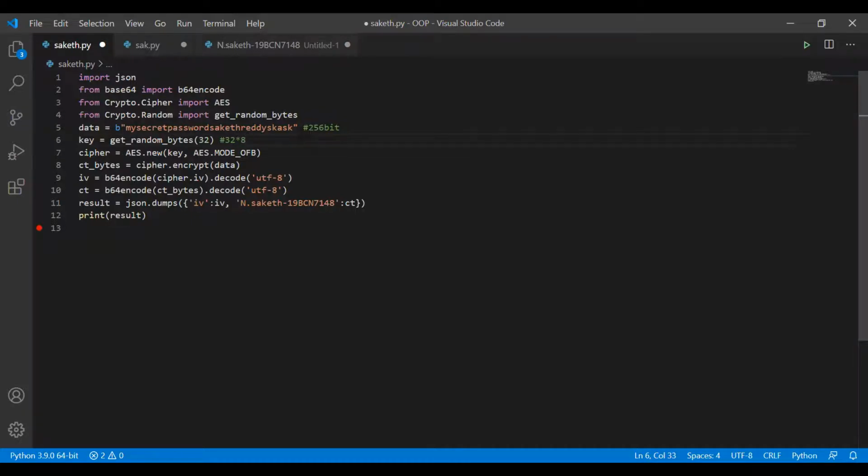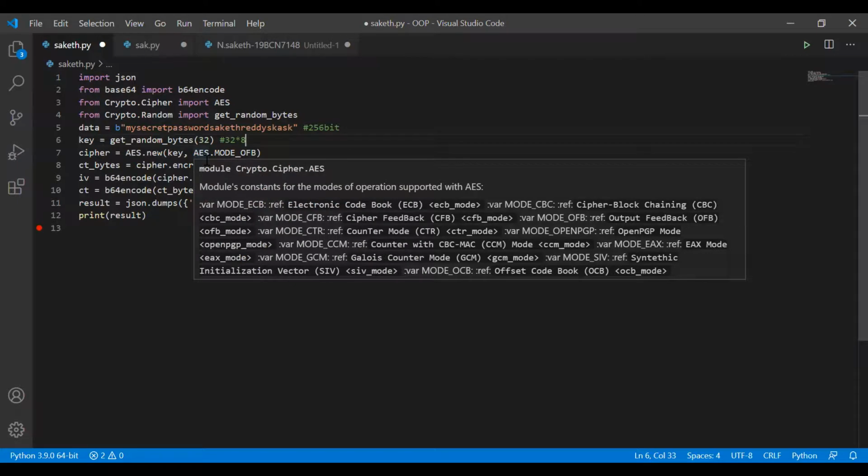So here we have a 256-bit key, and cipher AES.new with the key. This is the CFB mode. If you want, you can use ECB, CBC, or CFB, and you can have the OpenPGP mode also.